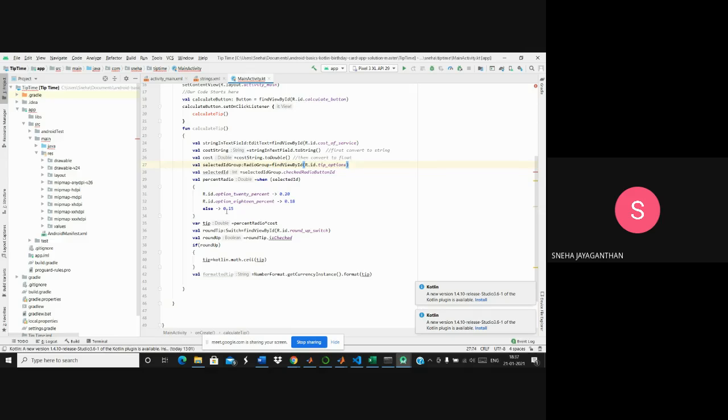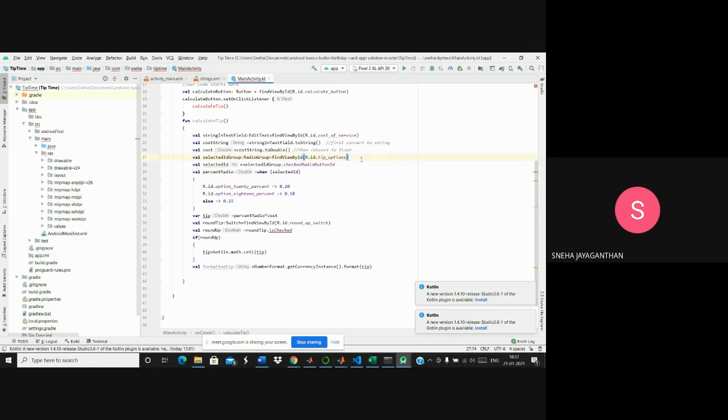And if it is 0.15, I need to pass that to my percentRadio. So percentRadio will store the percentage of the cost which I want as a tip. checkedRadioButtonId is a default function that will give me which option has been selected by the user.